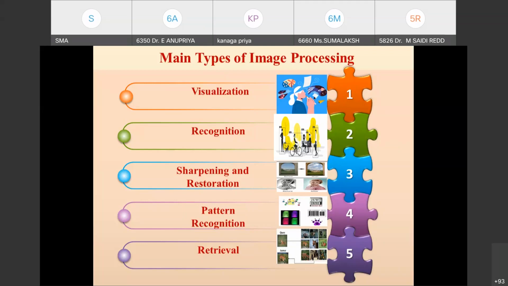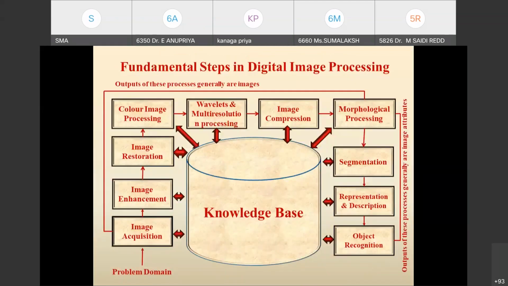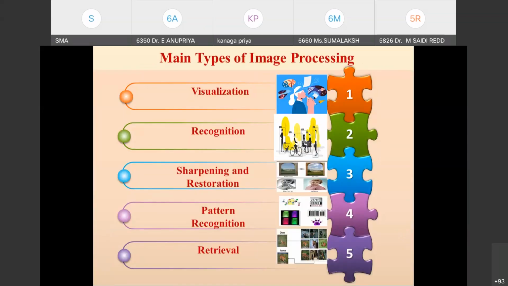But as far as the research is concerned, visualization, pattern recognition, and retrieval are gaining more importance and momentum nowadays. Now, coming to the fundamental steps. If you want to work in these research areas of visualization, recognition, sharpening, and pattern recognition retrieval,